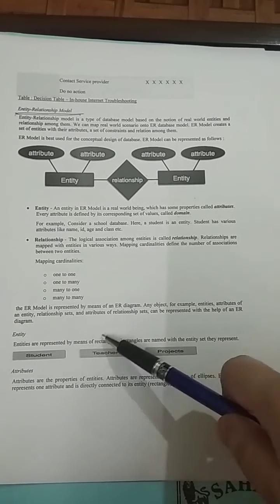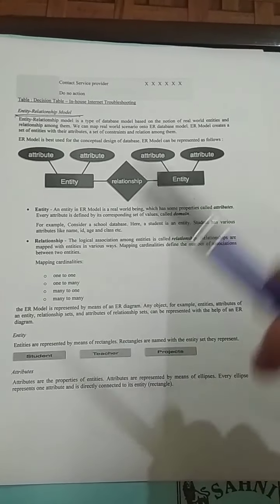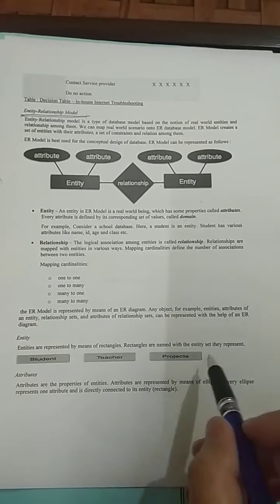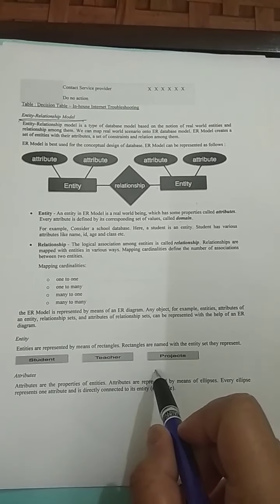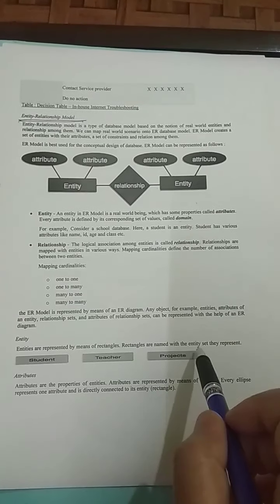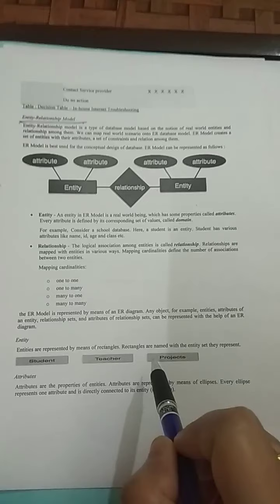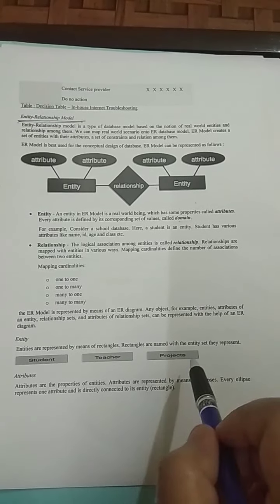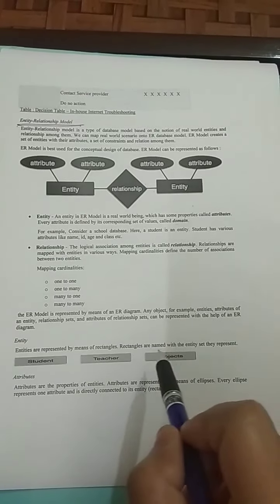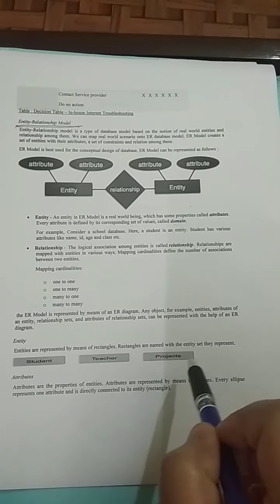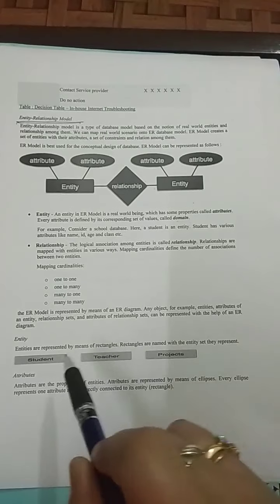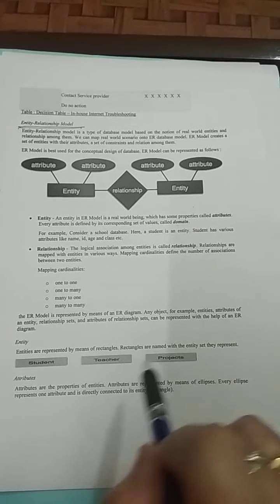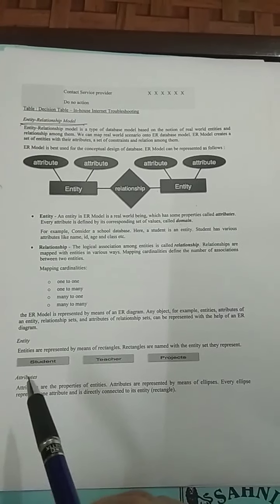Let's start with the entity. An entity is represented by a rectangle. This is the rectangle. So an entity is depicted or drawn by using the rectangle diagram. So wherever you see a rectangle and a name is written in that rectangle, we consider it as an entity. Student, teacher, projects are all real world entities which are covered in the rectangular box. Next is attributes.